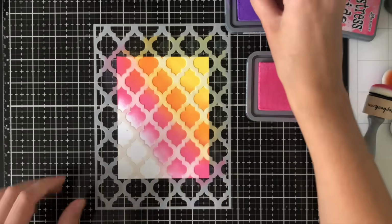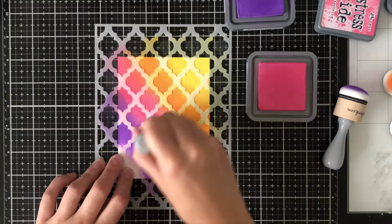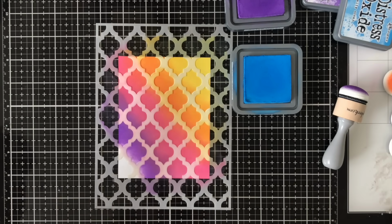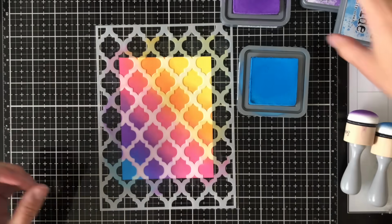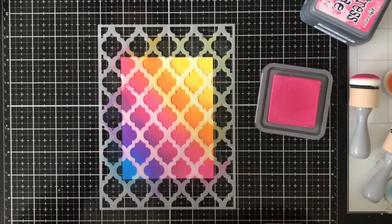So the last 2 colors I'm going to use are Wilted Violet and Salty Ocean to complete this blend. I absolutely love this Moroccan tile stencil because it has a lot of negative space, so the areas where the tiles are nice and large. And I like the fact that it has thicker lines as well because it's going to give a really cool contrast with the white. So after I finish going back and forth between the colors, really getting the perfect blend,